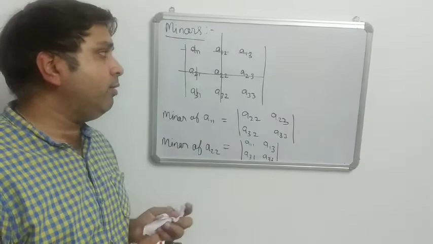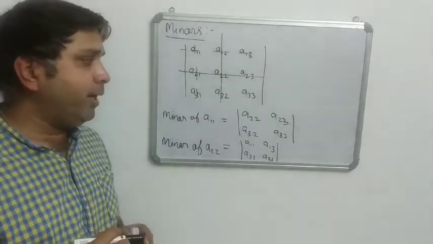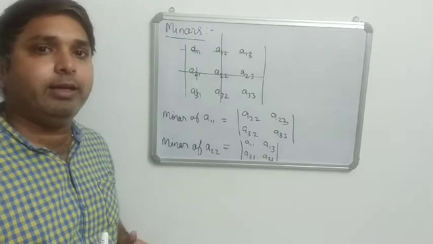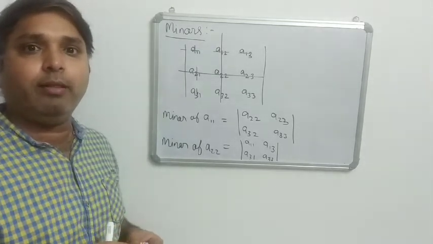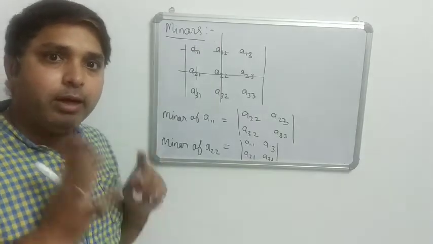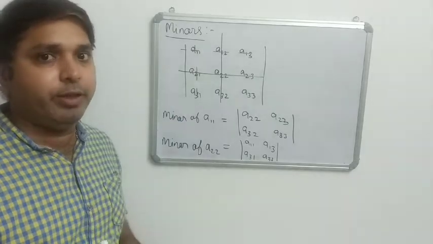तो आप ऐसे बच्चों किसी भी एलिमेंट का माइनर फाइंड कर सकते हैं. So this is how to find the minor. So एक बार फिर से माइनर कैसे फाइंड करते हैं? किसी भी एलिमेंट की रो और कॉलम को कैंसिल करने के बाद जो चीज बचेगी उसका डिटरमिनेंट वो उस एलिमेंट का माइनर होगा. क्लियर है बच्चों यहां तक?